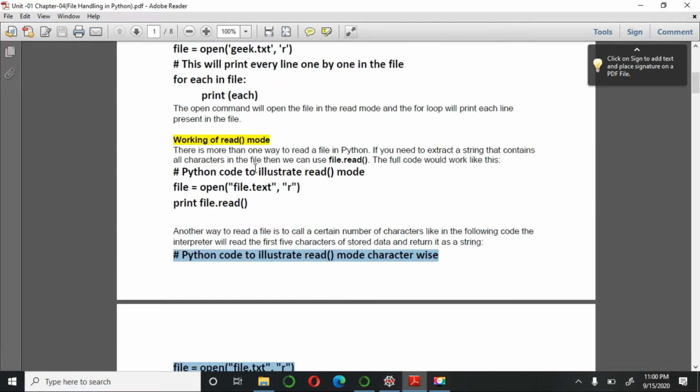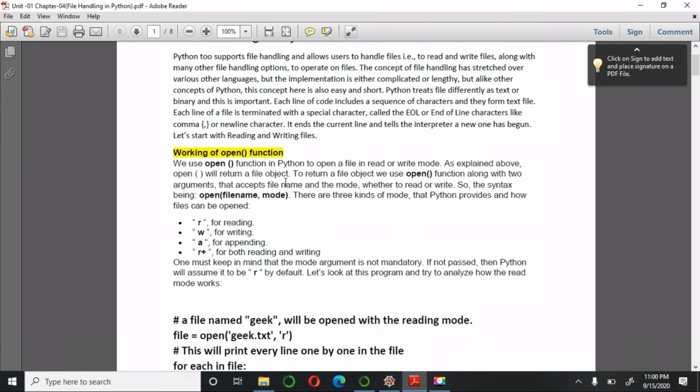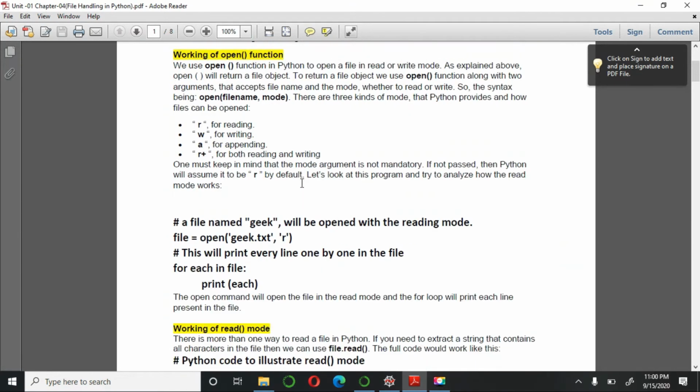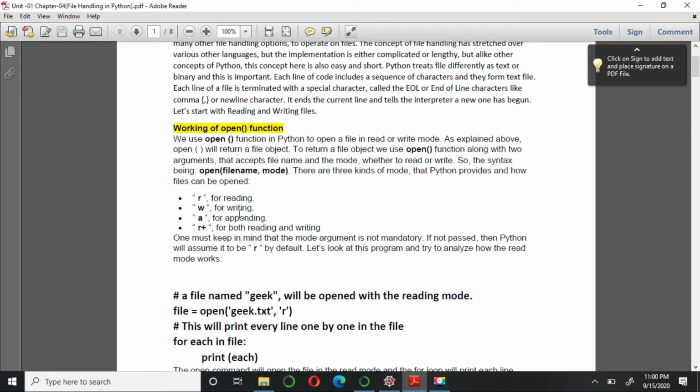In the theory section of this file, I have just copied the data from several websites so that you can get to know file handling easily. As I told you in the live session, there are several functions and several modes that we are going to use in our upcoming programs.